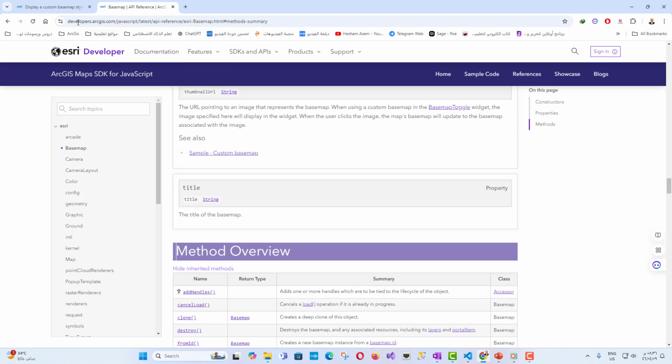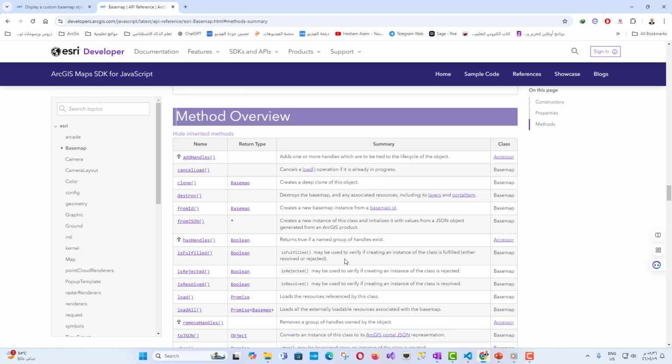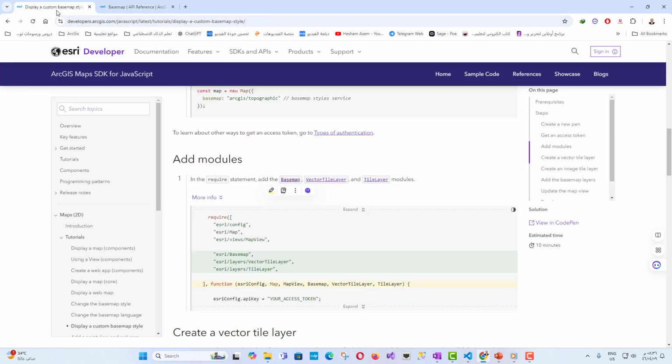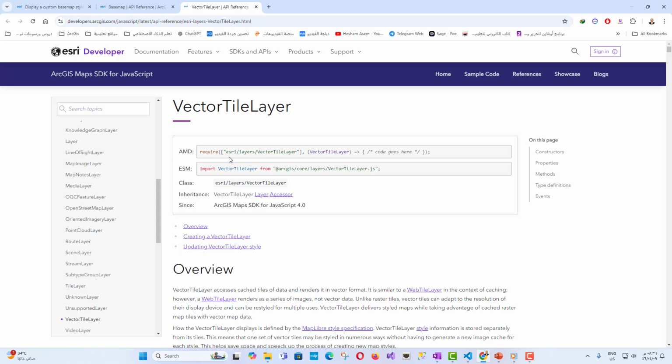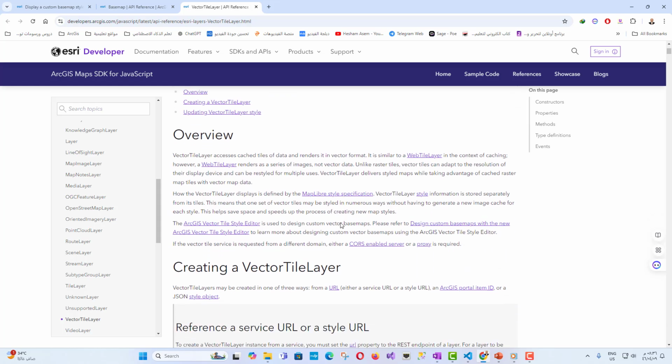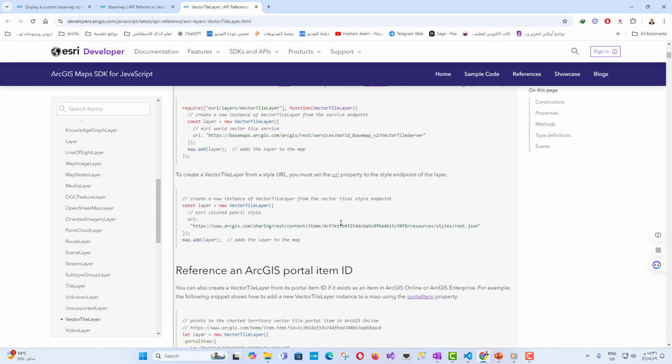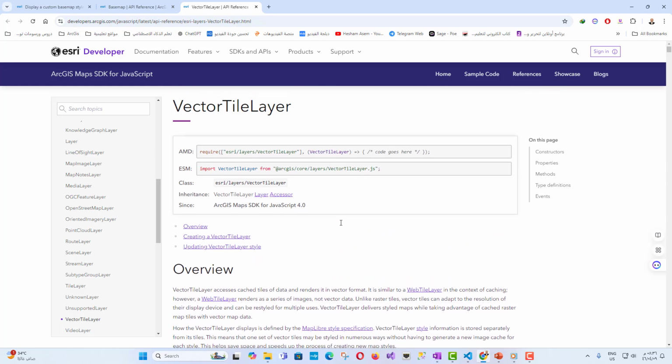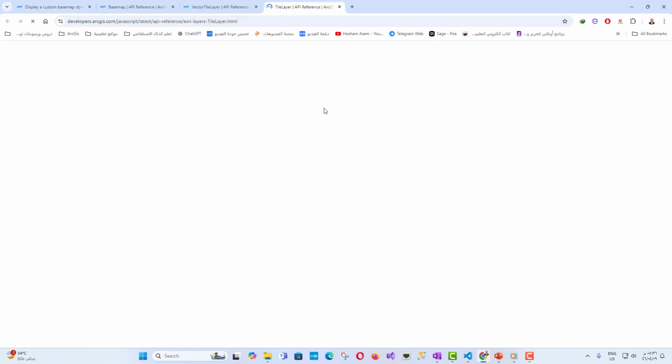And you can read that. And the same thing, if you go to vector tile layer, you can navigate to the definitions and learn how to use and learn about the features used. You can move very easily. And the same thing, if you go to tile layer,